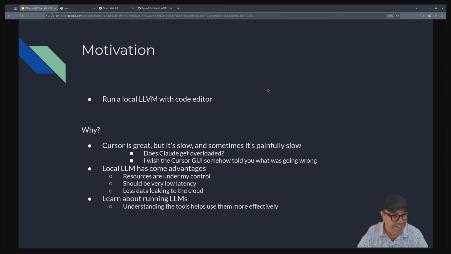And in theory, if you had enough resources locally, you've got no network latency, right? So it should be a really nice experience. And then we obviously don't want to leak proprietary code into the cloud and so on, so running local LLMs is interesting. The other thing is that if we can learn more about how the LLMs work, we can probably use them more effectively. There were some great talks recently at DevOps LA where some of the Red Hat team presented about